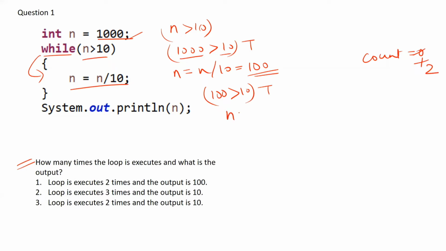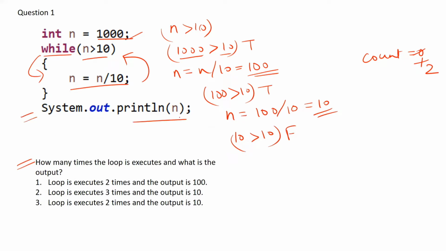And again, we will be executing the statement present in the while loop. n equal to n by 10. The value of n is 100 by 10. It will become 10. So now the current value of n is 10. Again, we will be testing the condition of the particular while loop. And here we can see 10 greater than 10. Condition becomes false. The moment condition becomes false, we will come outside of the while loop and this particular statement